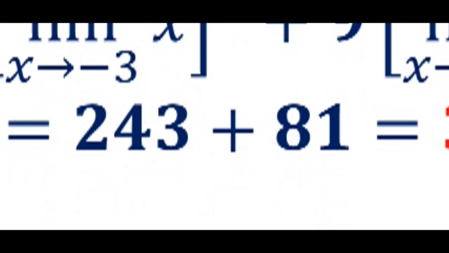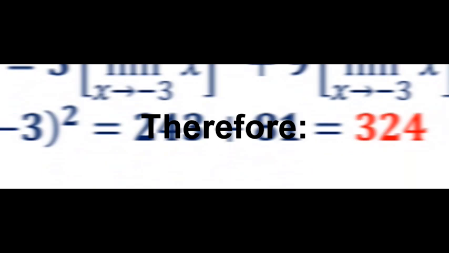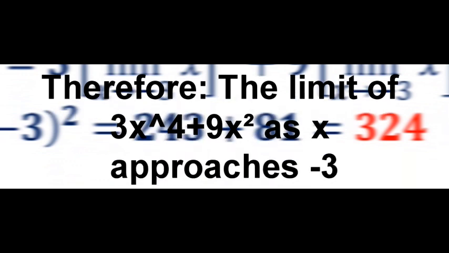Sum up, 243 plus 81 gives us 324. Therefore, the limit of 3x raised to 4 plus 9x squared as x approaches negative 3 is